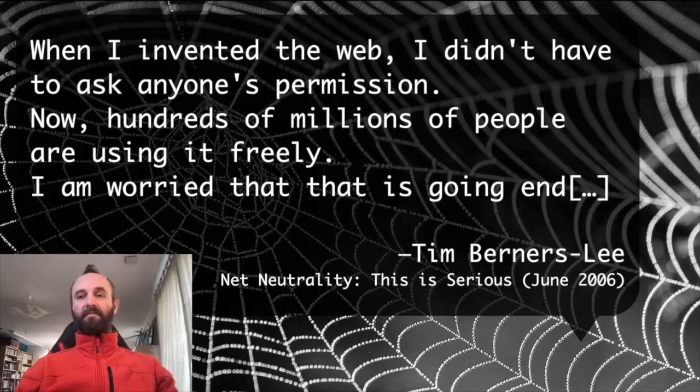And making some links visible only to some people or some tools is a way to break the neutrality and the interoperability of the network. In this quote, Tim Berners-Lee talks about net neutrality, which is more about the access